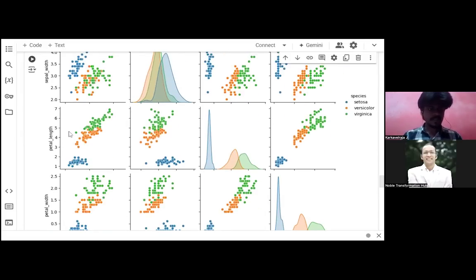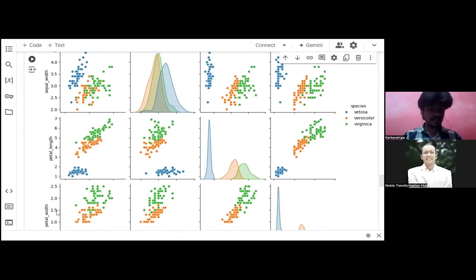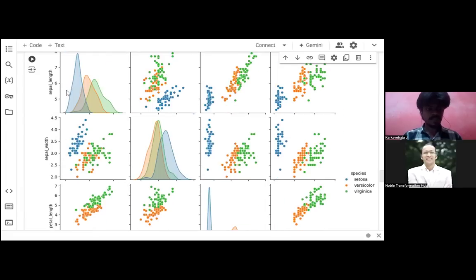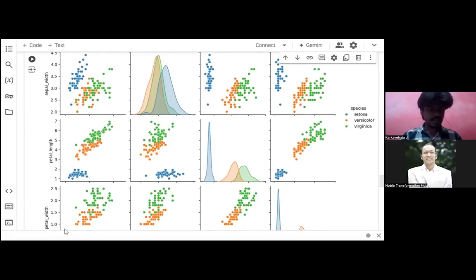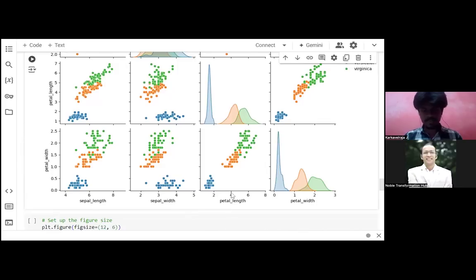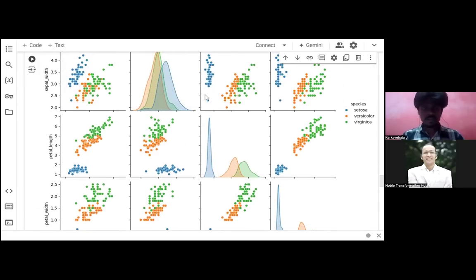It is going to find the correlation between all the features inside this dataset. I'm giving a hue: whenever there is a blue color, it is setosa, orange color is versicolor, and green color is virginica.